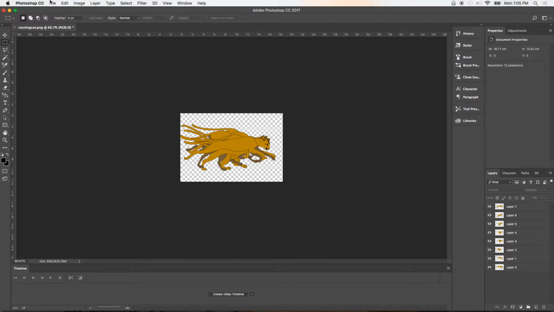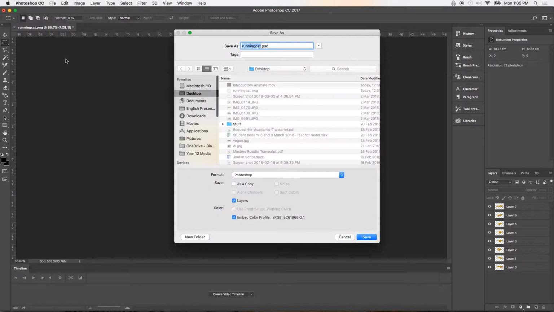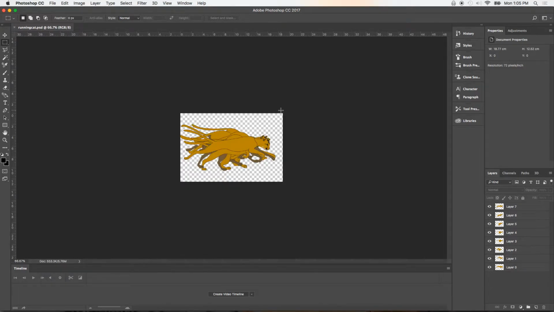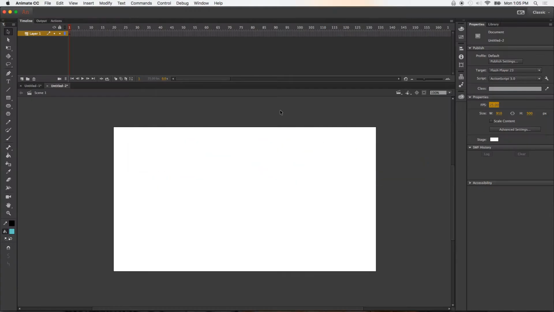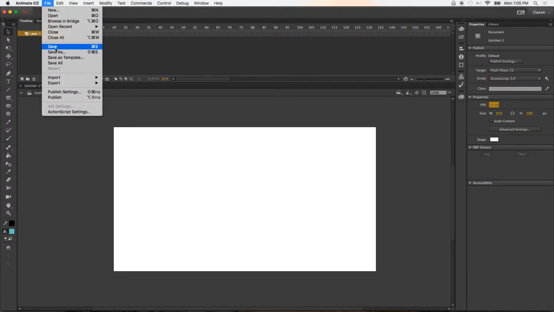Okay. So now I'm just going to save it as, we'll call it running cat PSD. So PSD is, as you can see there, just format Photoshop. We just need to save it as a regular Photoshop file. And the reason being is that Photoshop and Animate are both Adobe products, so they talk to each other. So now, back in Animate, I can now go File, Import to Library,